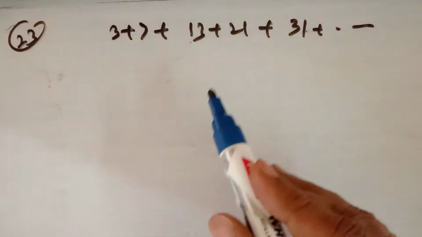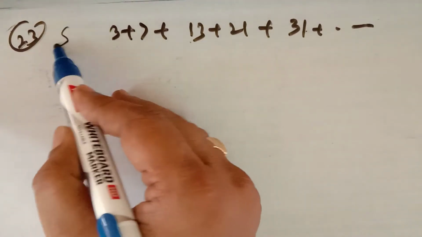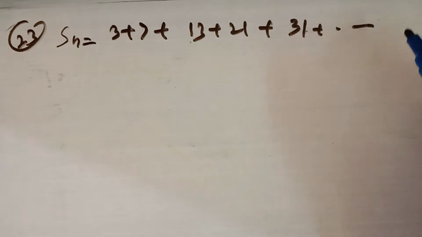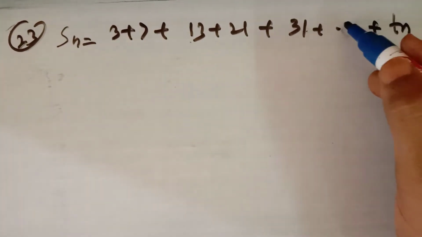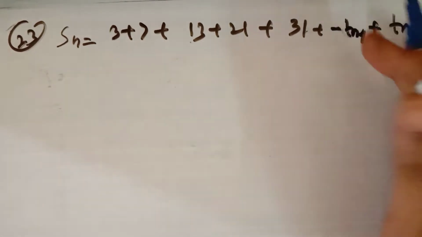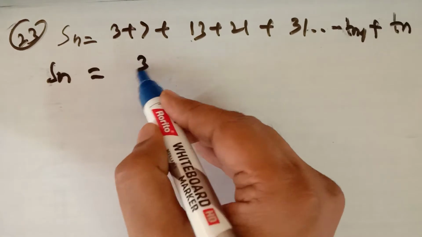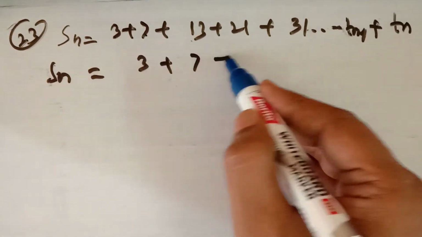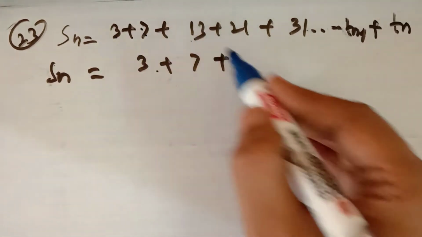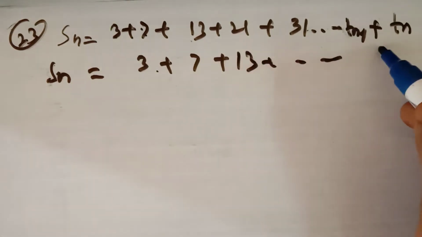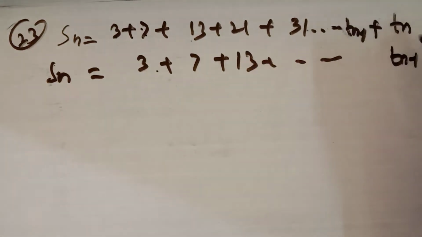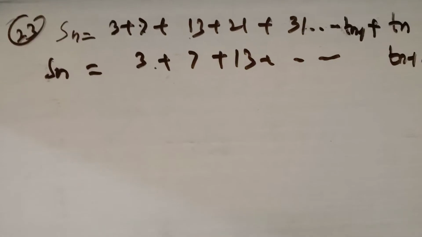इनका जो difference है वो AP बना रहा है. तो उस तरह के questions में हम what we do, we let its nth term is this, and उसकी previous term क्या होगा, tn minus 1. Like this we put, we shift one term forward like this. इसको इसके नीचे रखिए, इसको इसके नीचे, इसको इसके नीचे, like this, and tn minus 1 को इसके नीचे रखिए और इसको एक आगे shift कर दीजिए like this.